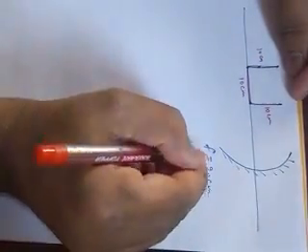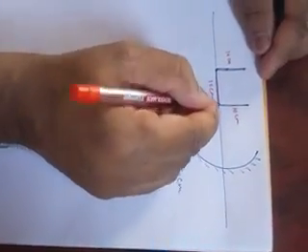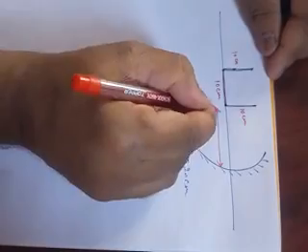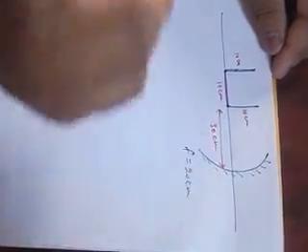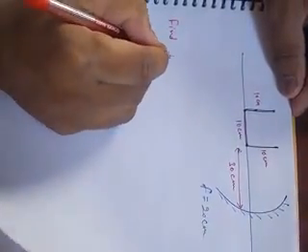Now the nearer point is at a distance of 30 centimeter from the pole. So the question is, find the total height